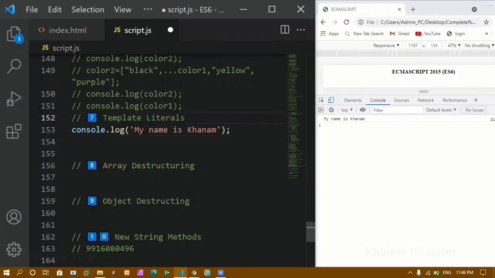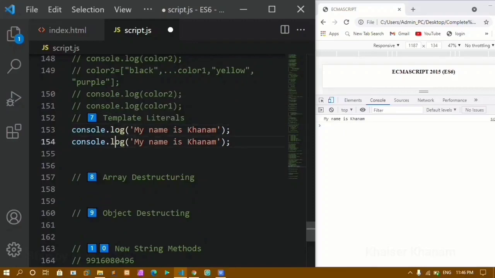Now I'm just going to console the same thing, and instead of single quotes I'll be using this backtick, and here I'll just paste this backtick. I'll save this, and now if I refresh this one, you can see I'll be getting the same output. Okay, now the difference between using single quotes, double quotes and backtick is that backtick will reduce a lot of